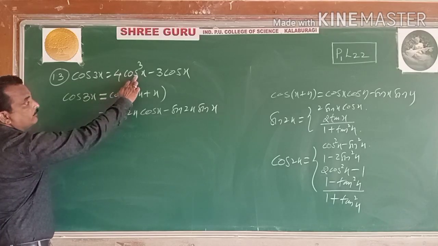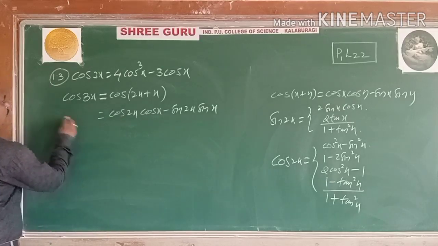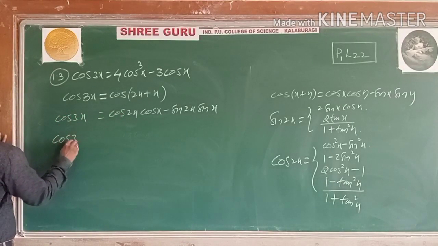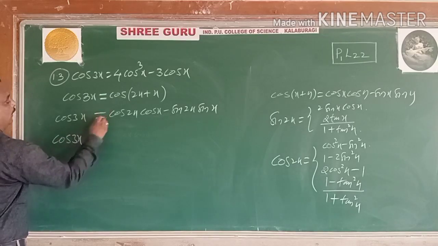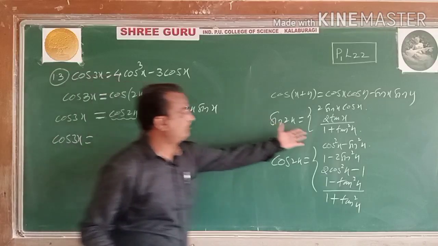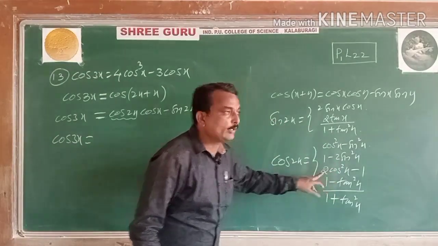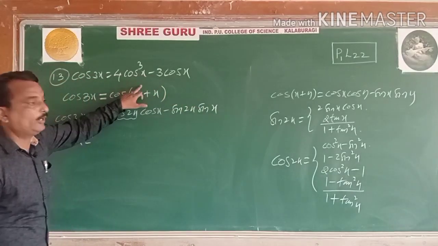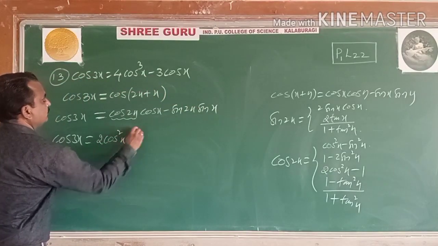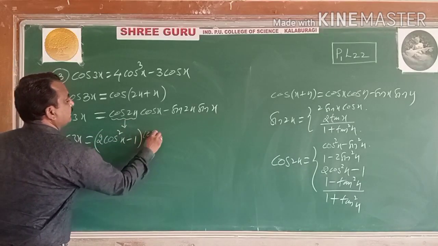Now tell me which one you have to substitute here. You want it in terms of cos. So what should I substitute among the 4 forms of this cos 2x? First one, second one, third one. Shall I go for the third one in terms of cos? Because you require it in terms of cos. So this is 2 cos square x minus 1, this is cos 2x, and this cos x as it is.